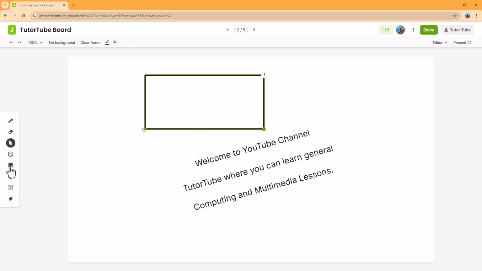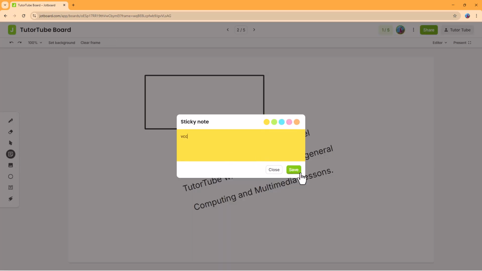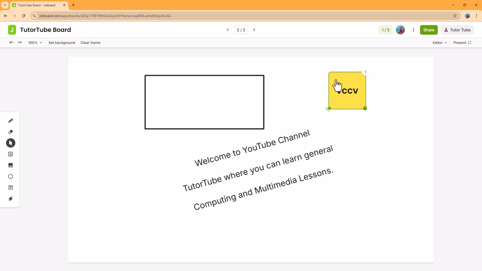So let's say, for example, if I were to have a new sticky note, then I can go ahead and move it, resize it, rotate it, and place it wherever I want. So that is how you can go ahead and select, move, resize, and rotate out objects that you have inside